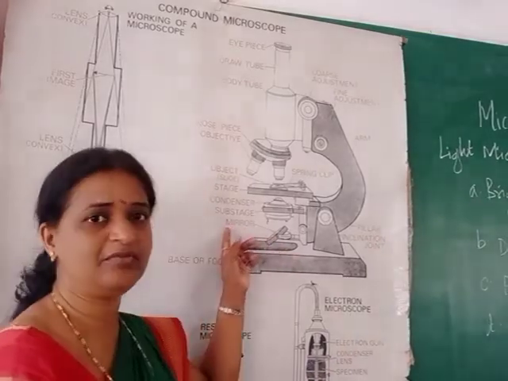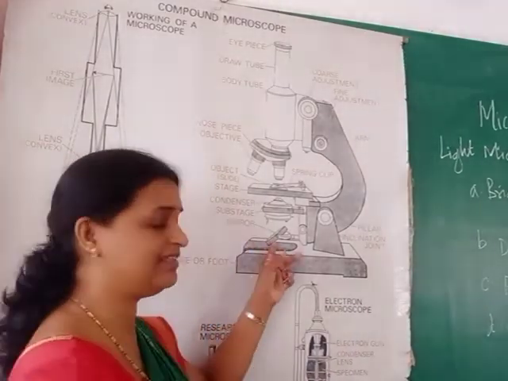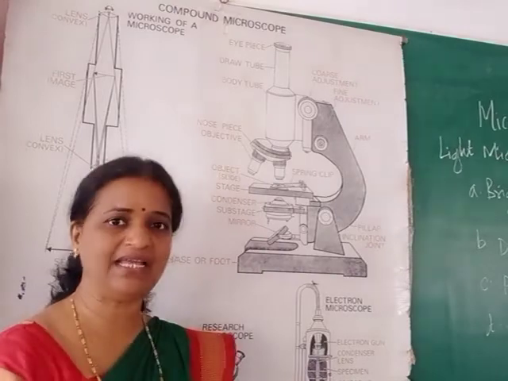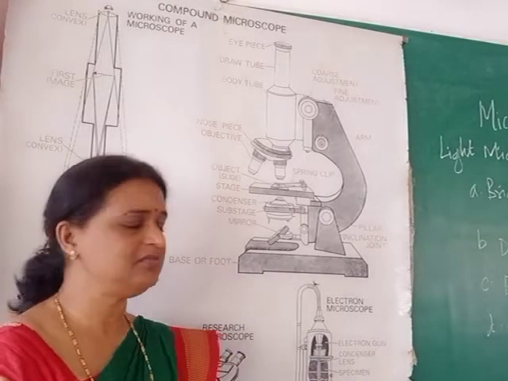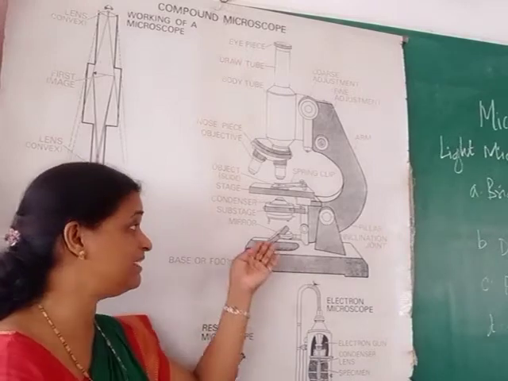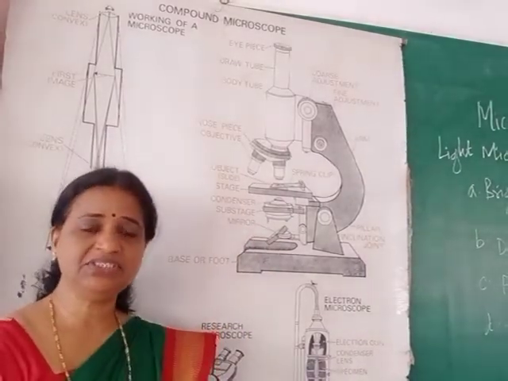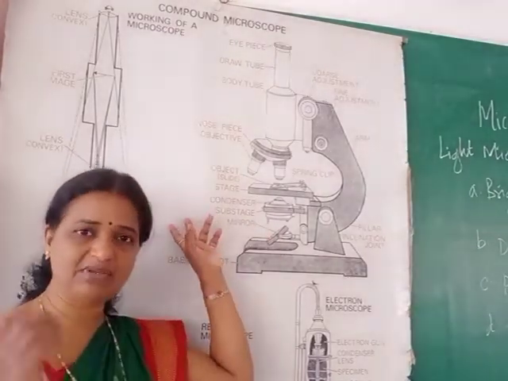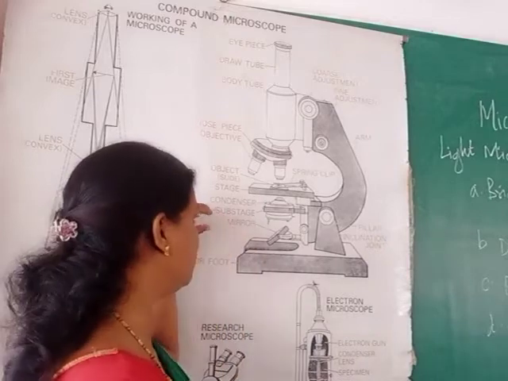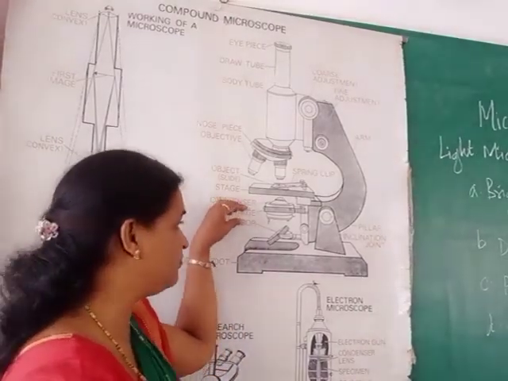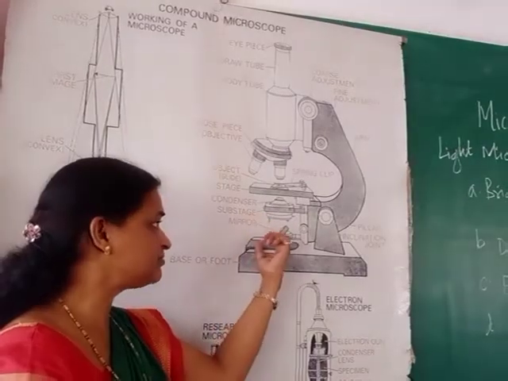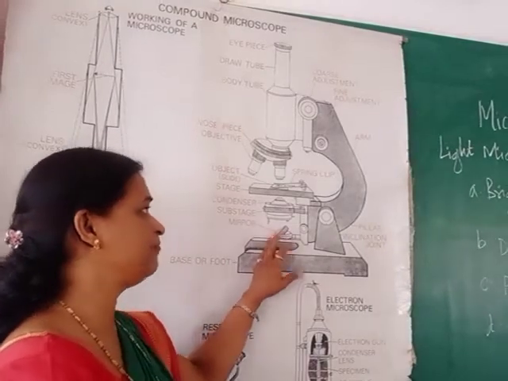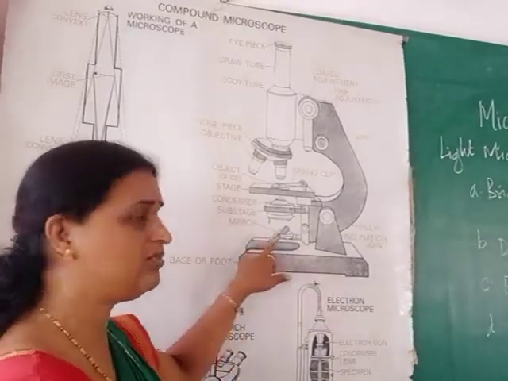Here the first part of the illumination required for focusing light is the mirror. At the bottom, on the horseshoe shape base, there is a mirror. It is a plano concave mirror. Here a specially designed plano concave mirror is placed. Its function is to reflect the light rays coming from the source. Your source may be visible light or an electric bulb. You can hold an electric bulb at this position and focus light on the mirror. The mirror reflects that light into the microscope. So reflection of light coming from the source is done by the mirror.